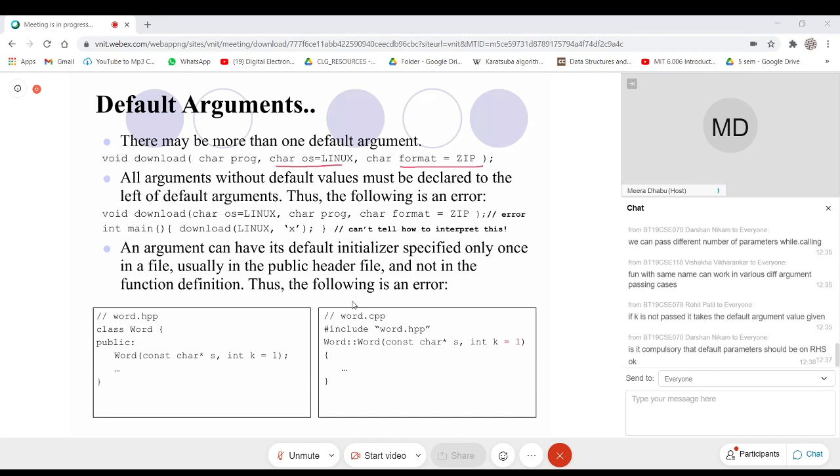Whenever you want to invoke download, this argument, that is char program, needs to be passed. This is compulsory. These are optional. If you don't pass it, it will take Linux. This will take zip. But you cannot pass this and this while skipping the one in between. No.